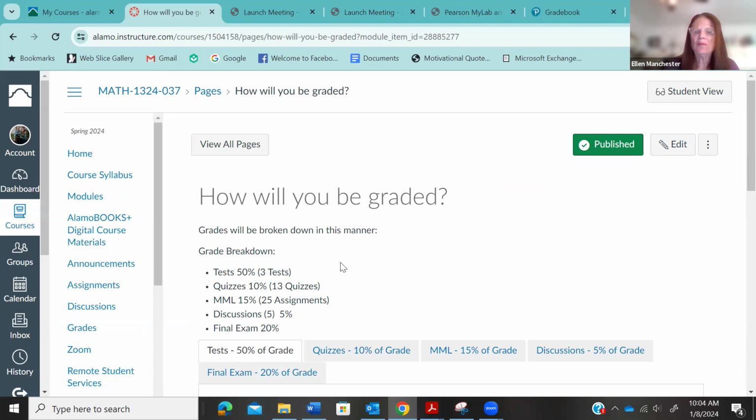And then here's how you'll be graded. So tests are 50% of the grade. That is a huge complaint, but this is a department decision. So tests are important. You need to prove that you understand the material, not just getting through it, but really understand the material. So the tests are super important. You cannot miss a test and expect to pass a class. You have to pass the test in order to pass the class. Okay, it's super important that you understand that.